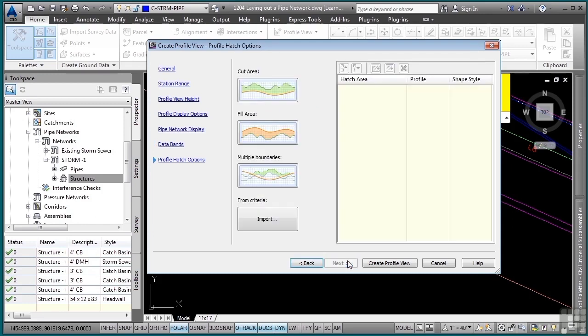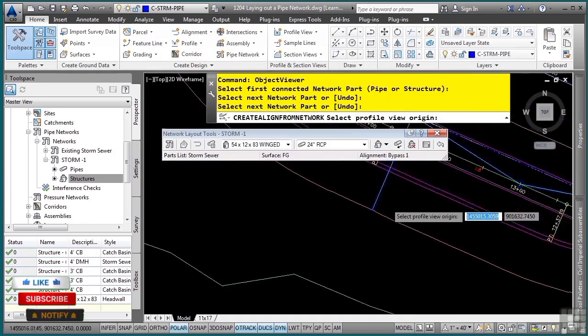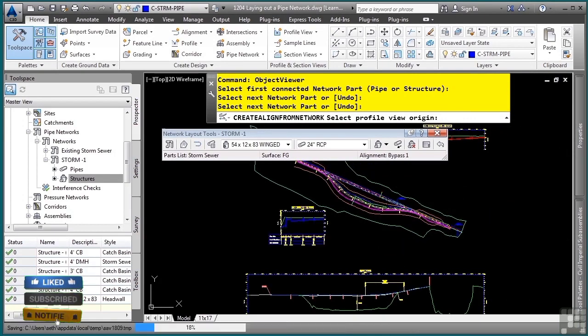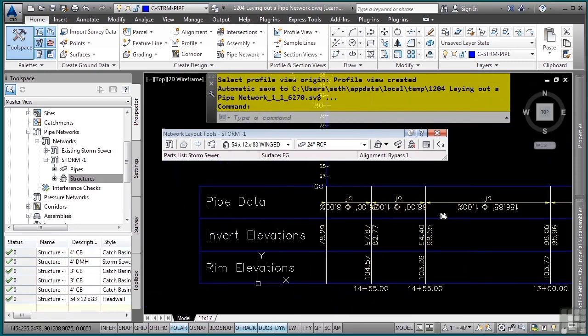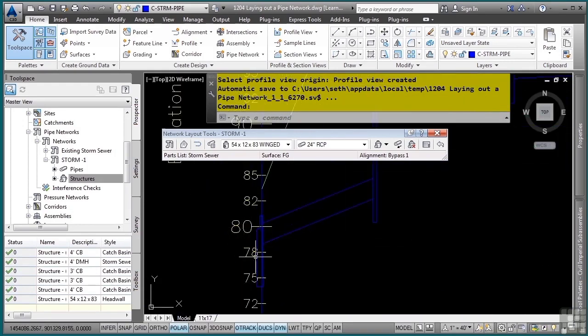Click Next. We don't have any hatching, so just click on Create Profile View. And for this profile view, it actually does go from right to left. So we'll go ahead and pick this point right here. And just like that, we now have all the data with all the different rim and invert elevations in our bands. If you'd like to actually view this a little bit beyond here as it's right near the edge,